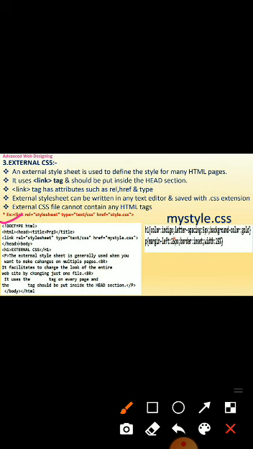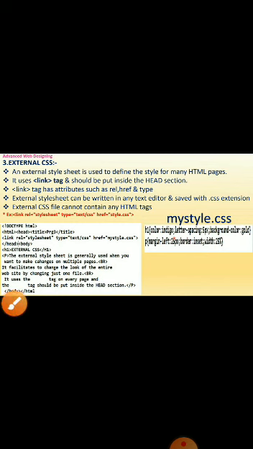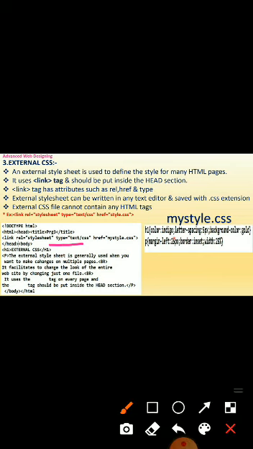Next, here I use the link tag with three attributes. Rel is given as stylesheet, then type text/css, href mystyle.css. mystyle.css is a CSS file, and its path is given by the href attribute.